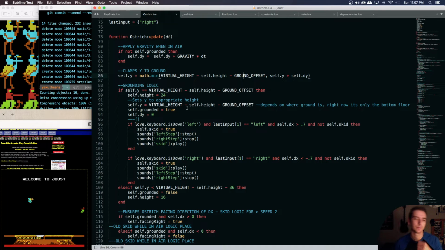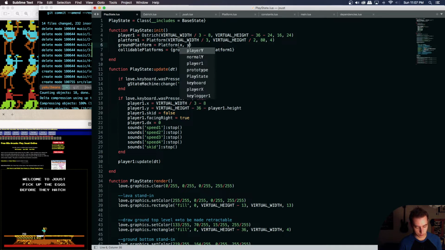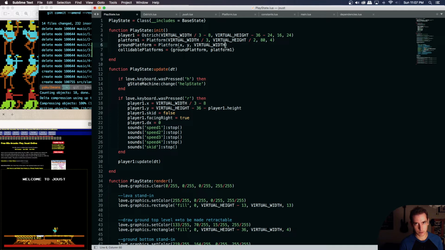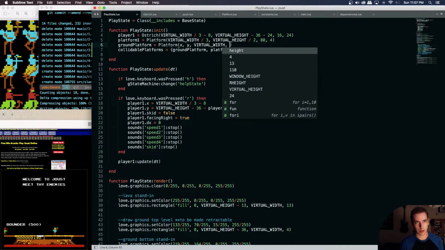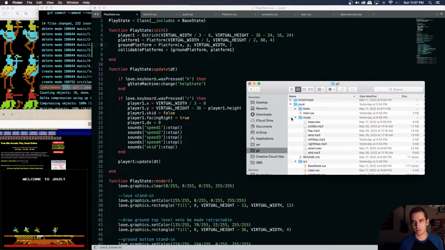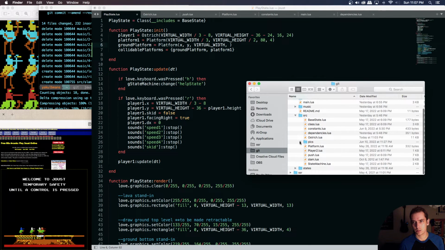I just know we need the x, the y, the width. We know the width is virtual width. And the height will just be however long the top of the ground is to the bottom of the picture, which,